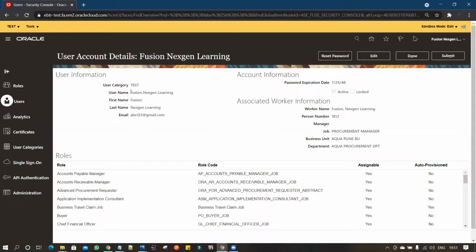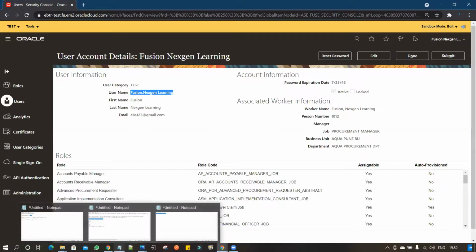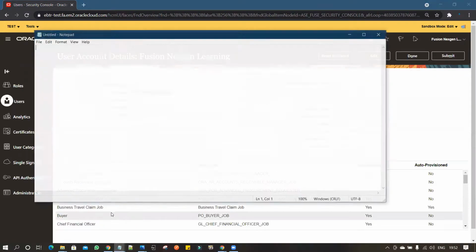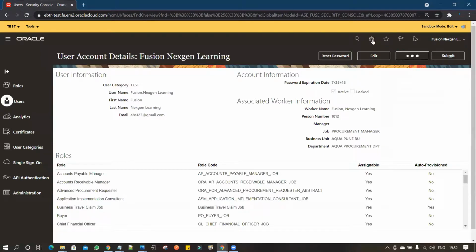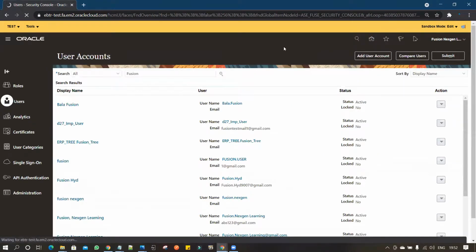My user name is fusion.nextgenlearning, so I copied that. We'll use this while doing the personalization. Click on done,